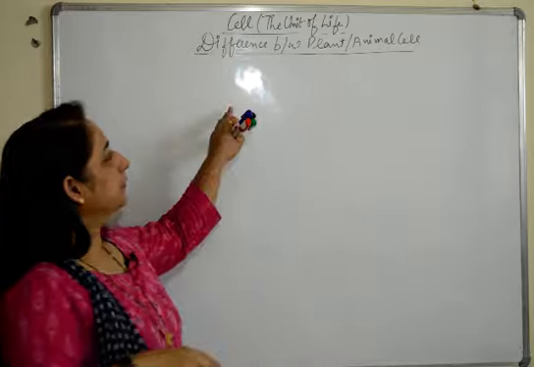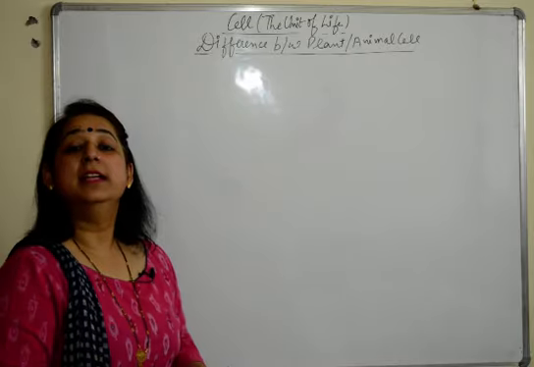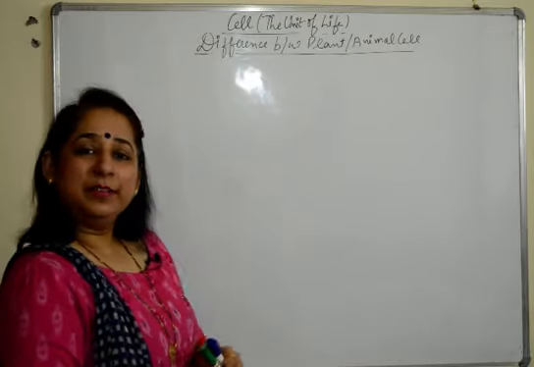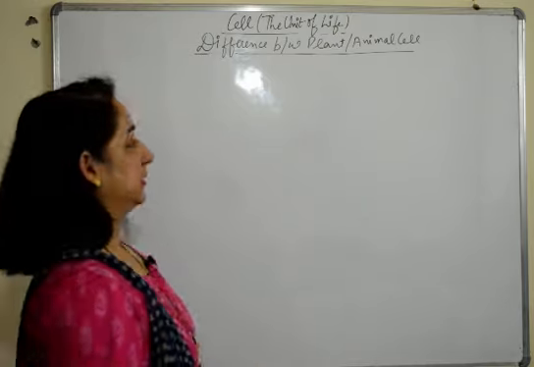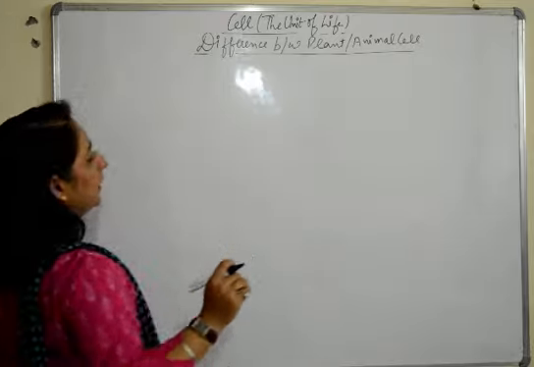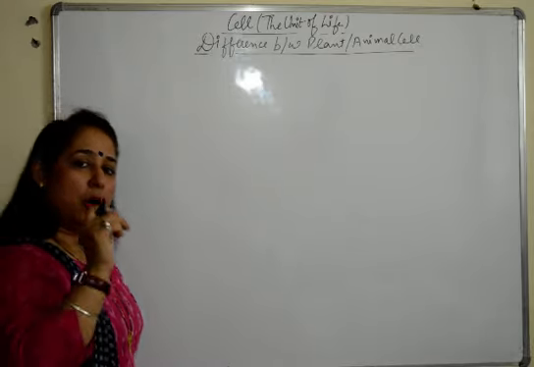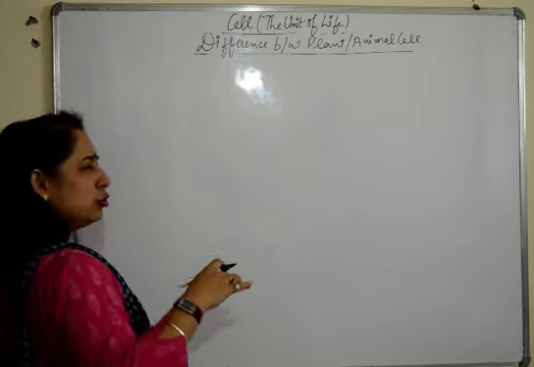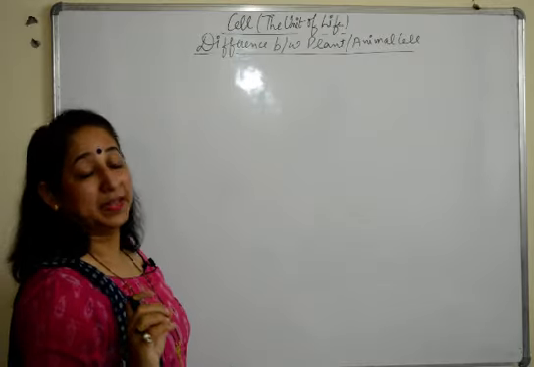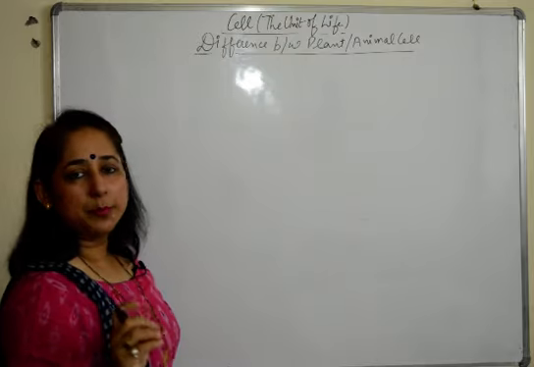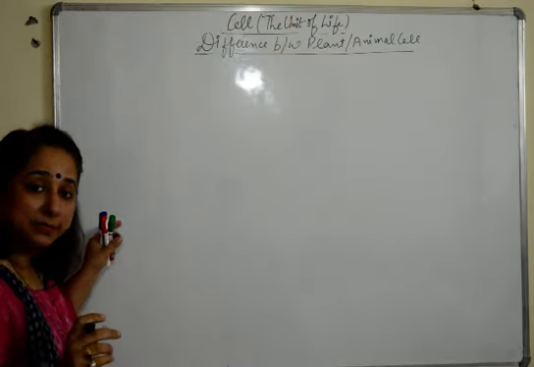We start with the difference between plant and animal cells. I'll start with making of the animal cell first and then we will make the plant cell. Now when we make a diagram, always remember that you should try to label everything on one side in a symmetry. Sometimes it's not possible, so you can use the other side as well.